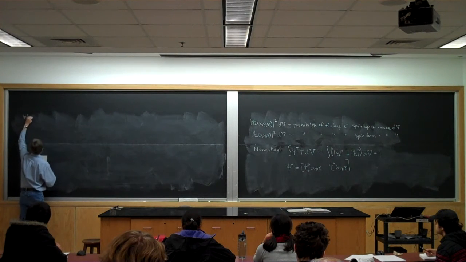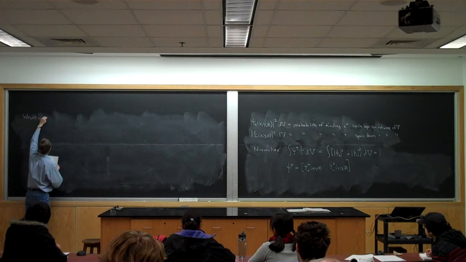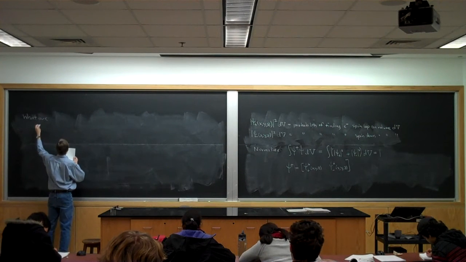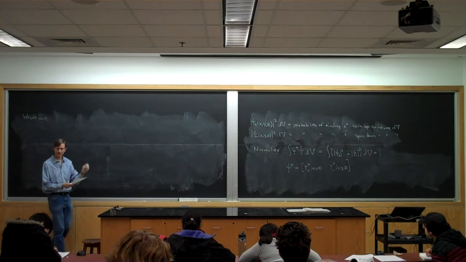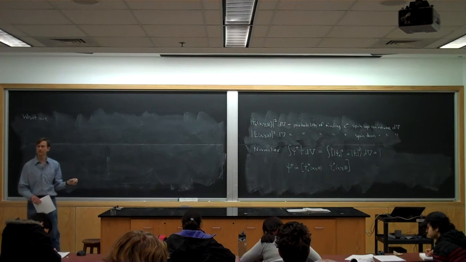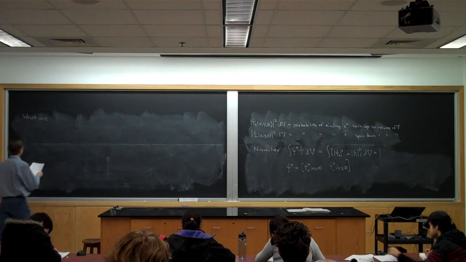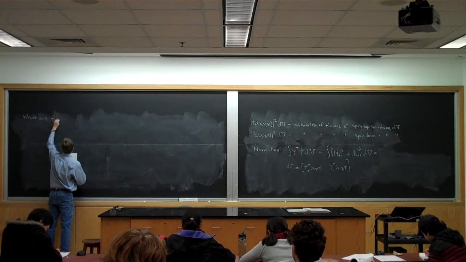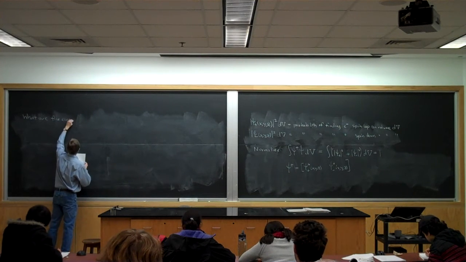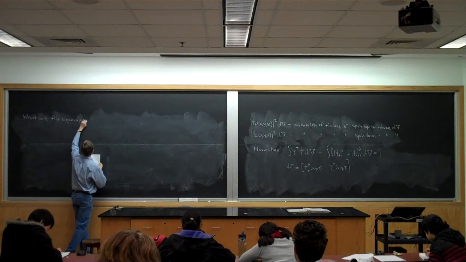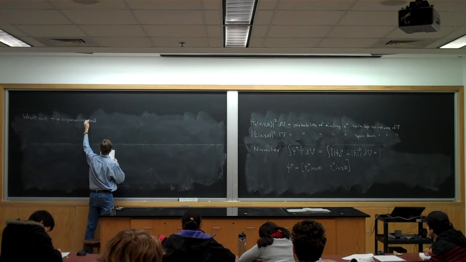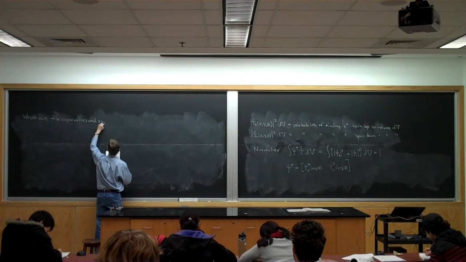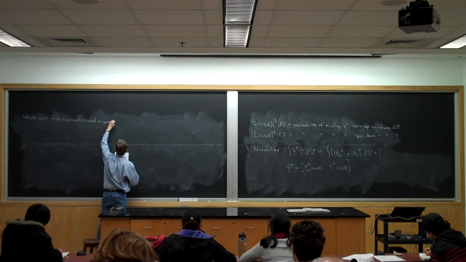So let's ask ourselves, what are the eigenvalues and eigenspinors? Remember, we said these two component guys are spinors, so we'll say eigenspinors of, let's say, S sub x. What are the eigenvalues and eigenspinors